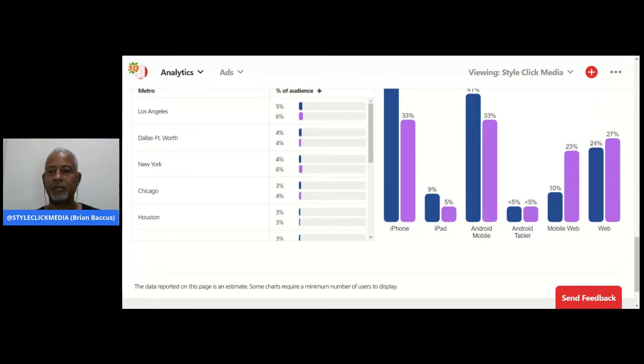Actually, let's do this. So 5% of 2.2 million followers in Los Angeles gives me 110,000 people that I can reach ages 18 to whatever my audience is.